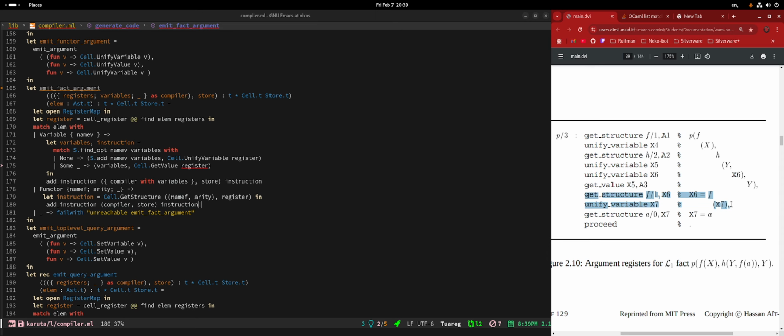Okay, so how are we gonna do this thing then? And I have another question. Why in these functors inside we did unify get structures and unify variables, as you can see, and when we reached this one, which is one level deeper, we actually do unify variable again. What's the rationale in that?